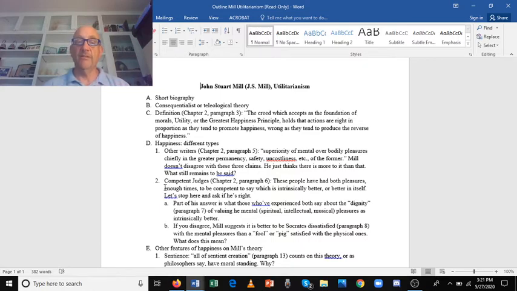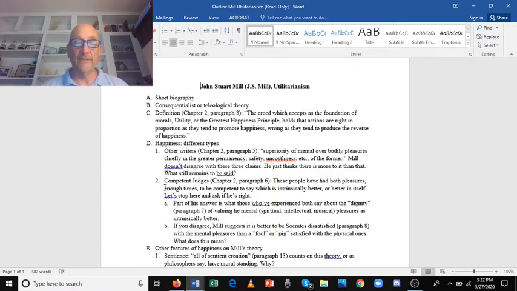So in D1, on your outline, what still remains to be said? Well, Mill's about to say it in chapter 2, paragraph 6. This is his so-called competent judges section. So he wants to say, anyone who's competently acquainted with both, sufficiently familiar with both, who's had them enough, doesn't say what enough is, we can talk about that, or had them enough times, they're well aware from immediate experience to say which one is, and this is important, intrinsically better